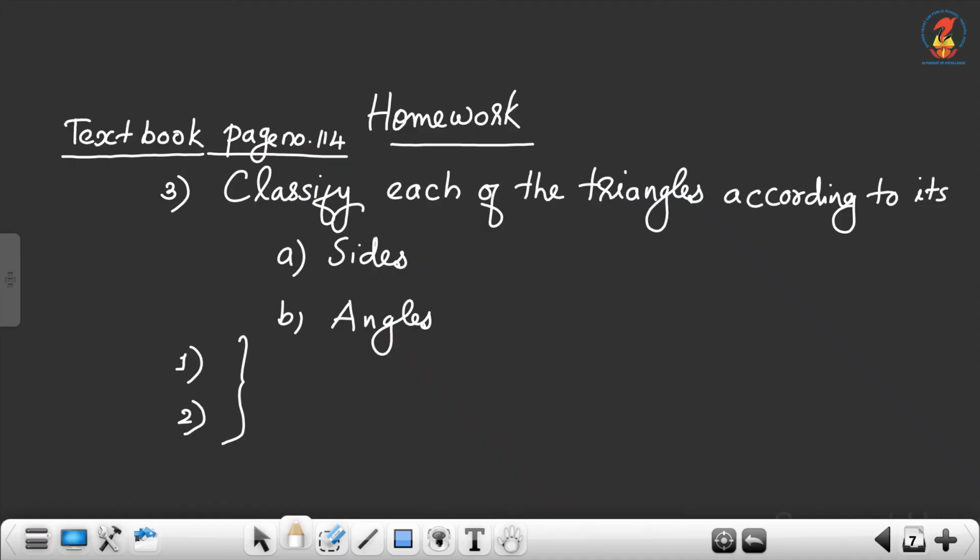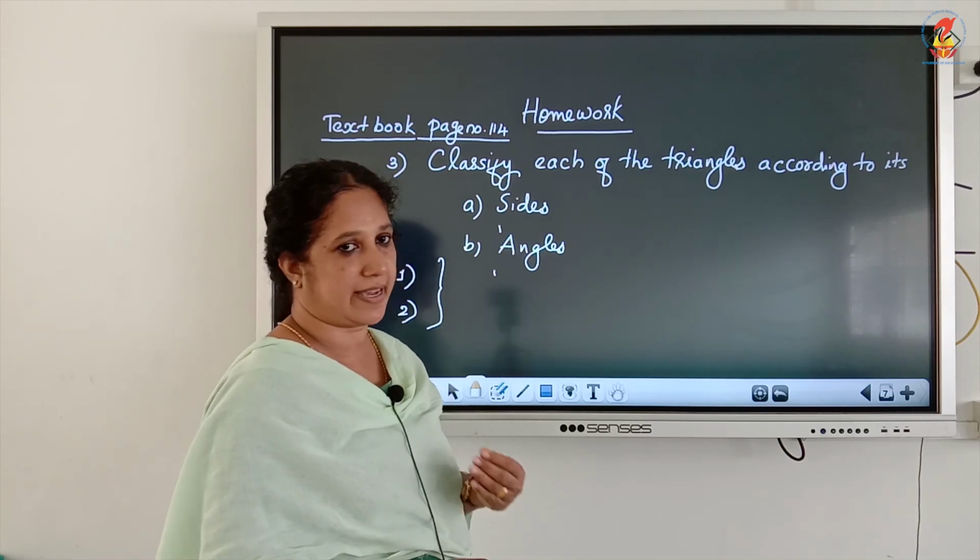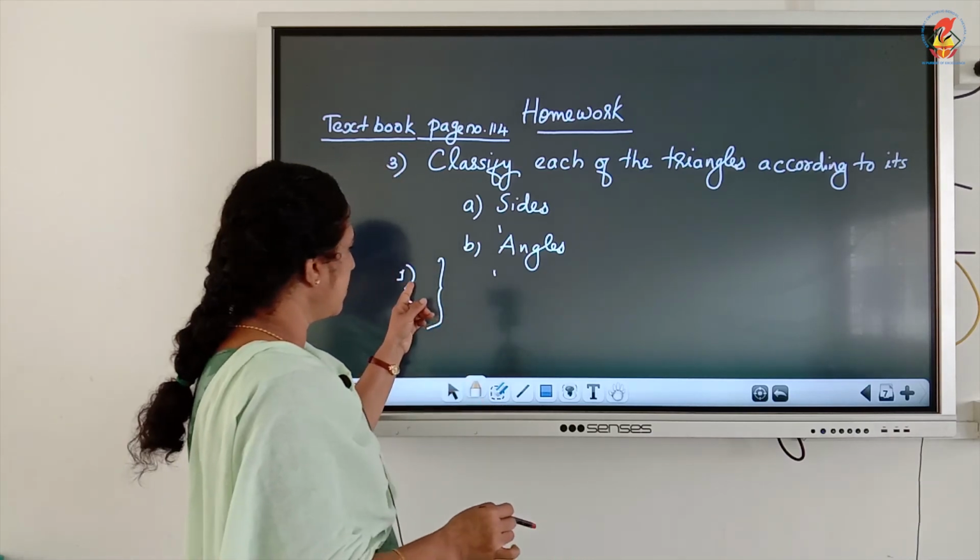Now homework: you have to look into your textbook, page number 114. The figures are given there. Then classify each of the triangles according to its sides and according to its angles. Then question number 1 and 2